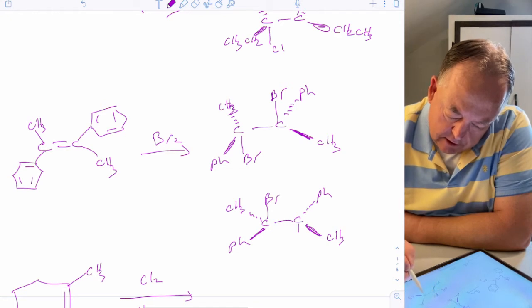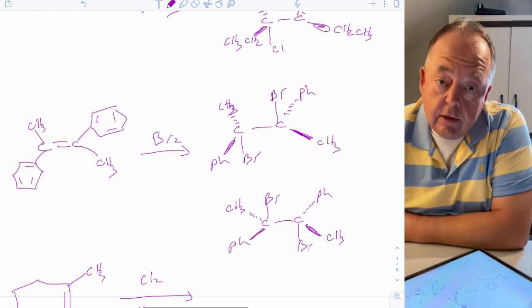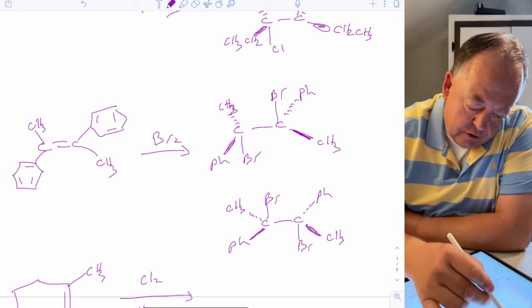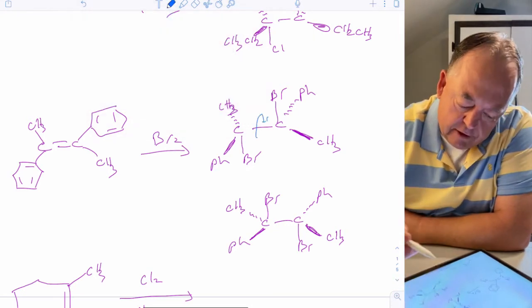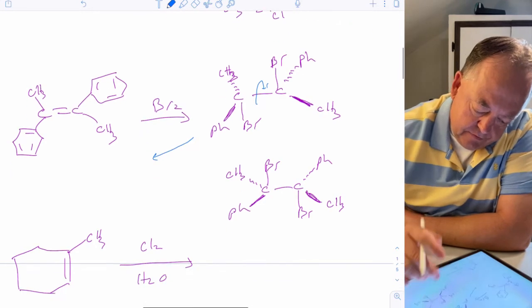Or we could have drawn that. So are those two molecules different? And the answer is no. Those two molecules are the same because if we rotate around this 180 degrees,